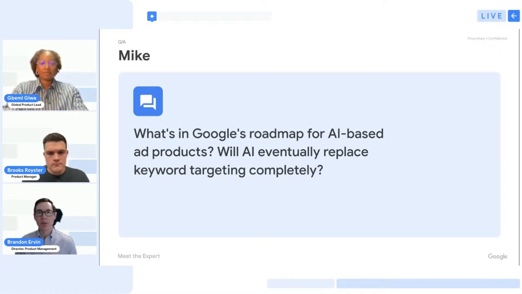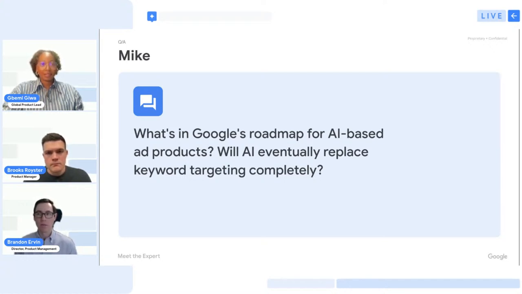And so even in that model, we don't necessarily see keywords going away. We think there's a lot of unique business data that can be passed in keywords that you provide us that isn't capturable via creative assets or landing pages or even the conversion event. So we do see a role, even in this automation future, where advertisers are able to provide those unique inputs into what is important to their business. Again, it's this combination of automation with your expertise that is the future, and there is a role for keywords in that world.